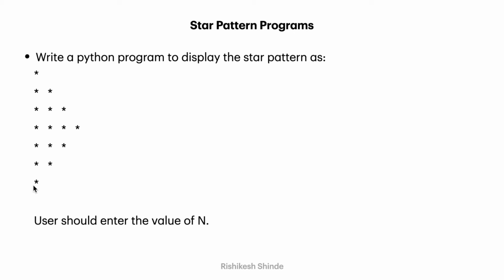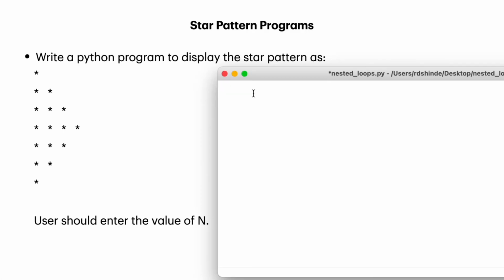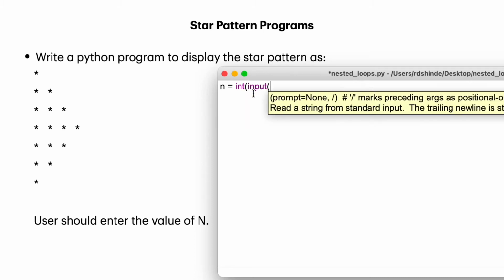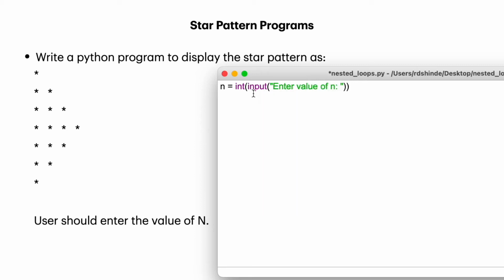So how can we print this star pattern? We have to simply write the code of both last patterns. Okay, so let me open my IDLE. First of all, we will create n, and we will take input of n, giving some prompt, and now we are printing our first star pattern.